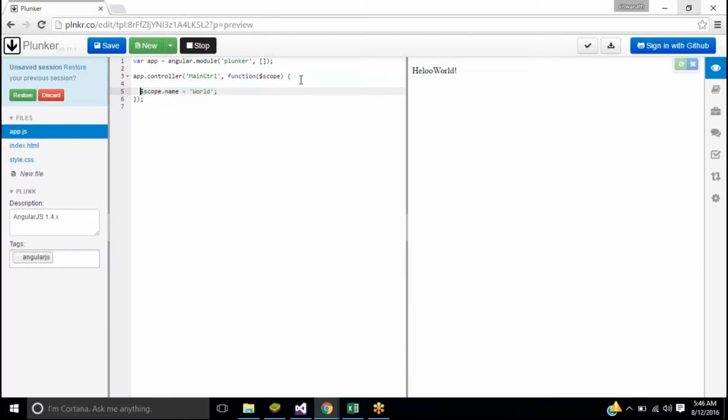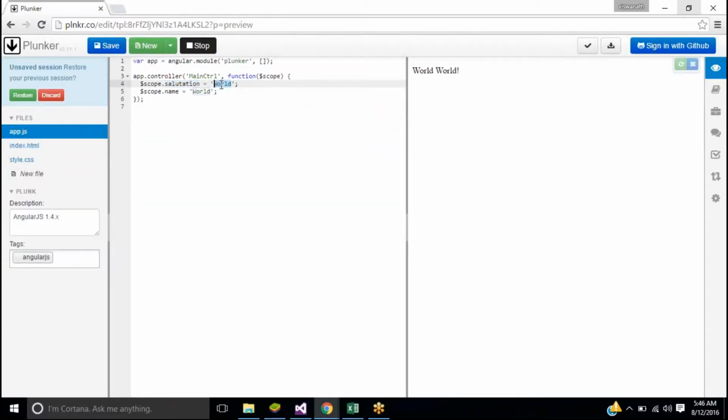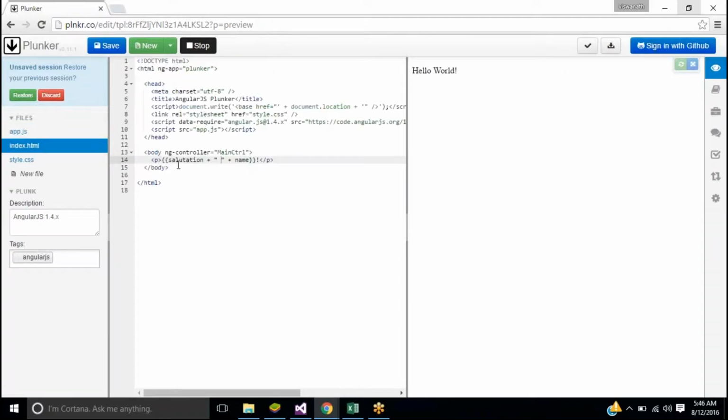Let's say I want to add two scope variables and display them: salutation. Let me make it hello, right? You understood this?